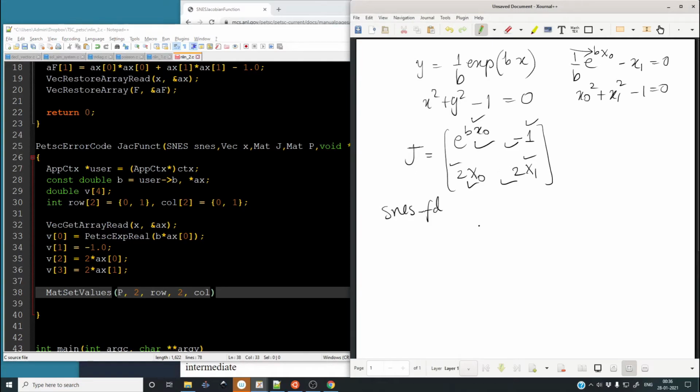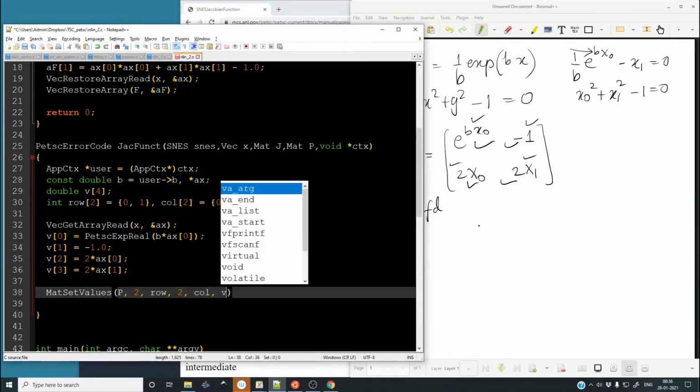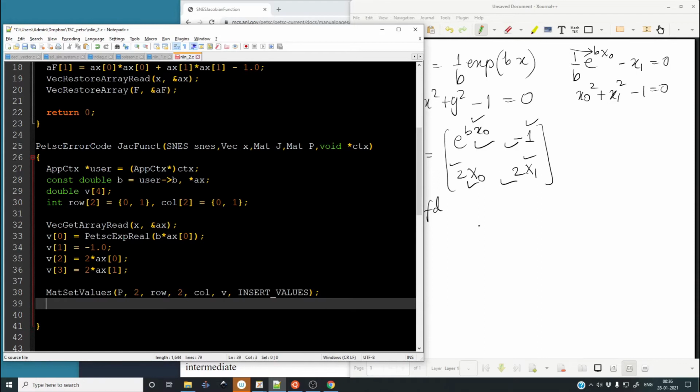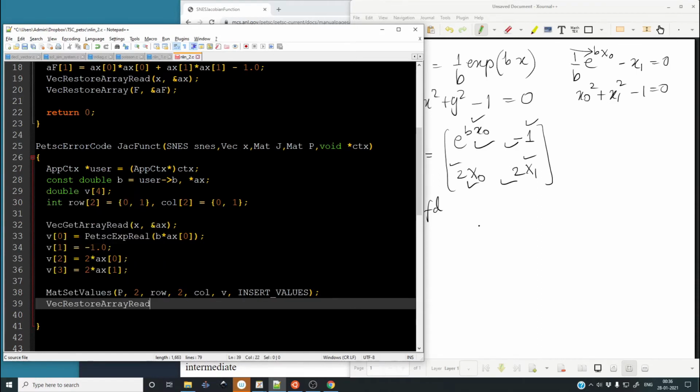Next we have to insert which values. You have to specify the values to be inserted, so it's simply the elements of the vector v, and we will insert values. So in case you don't remember these, this is the way you insert values into a matrix in PETSc. Once this is done, we can restore the vector. So VecRestoreArrayRead x comma ampersand of ax. All right,